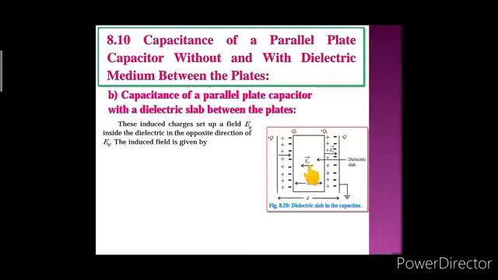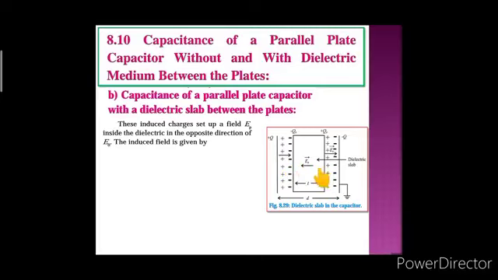So the value of EP here we can determine, and also the direction of EP, that is the electric field due to the polarization, is opposite to that of the electric field E0, as the direction of the electric field is from positive to negative charges. Okay, so the direction of EP will be from positive to negative charges, that means from the positive polarized charge to the negative polarized charge.